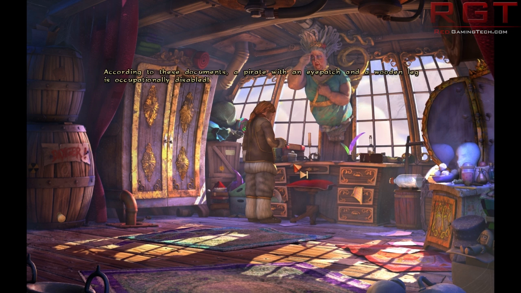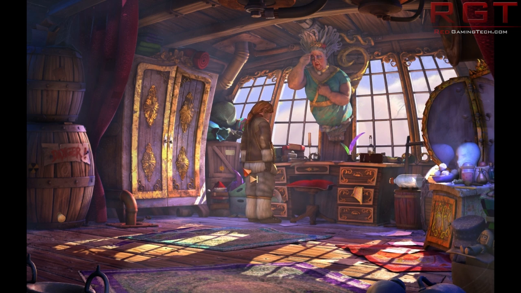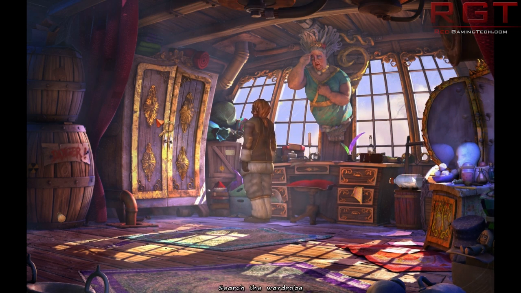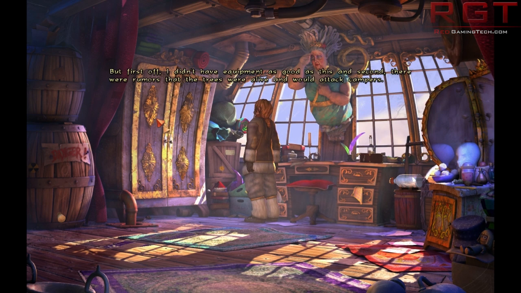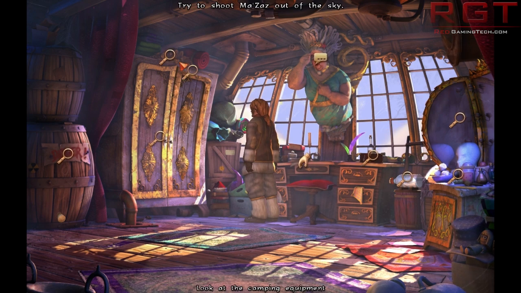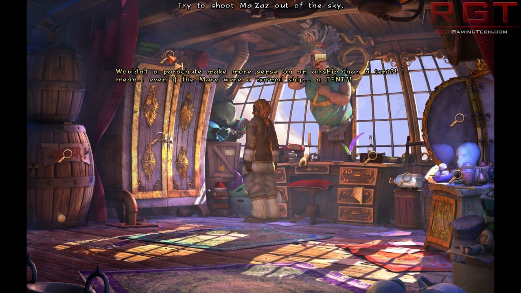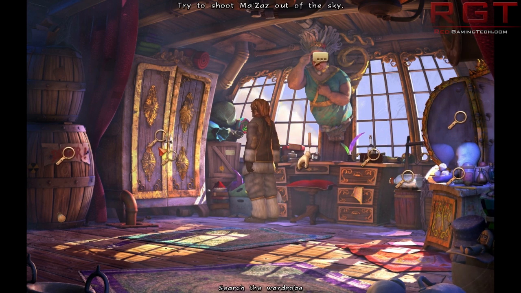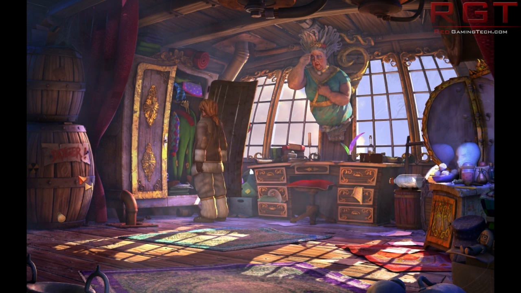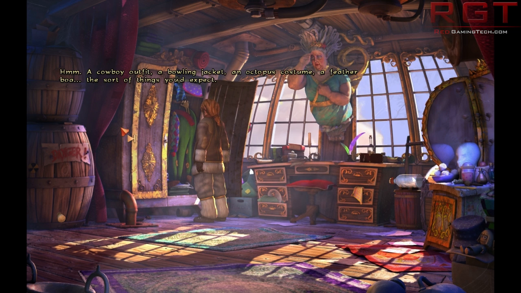Health insurance. According to these documents, a pirate with an eye patch and a wooden leg is occupation... Oh dear. What's up the top there? When I was a kid, but first off... Wouldn't a parachute make more sense on an airship? Looks like explosives to me. A cowboy outfit, a bowling jacket...